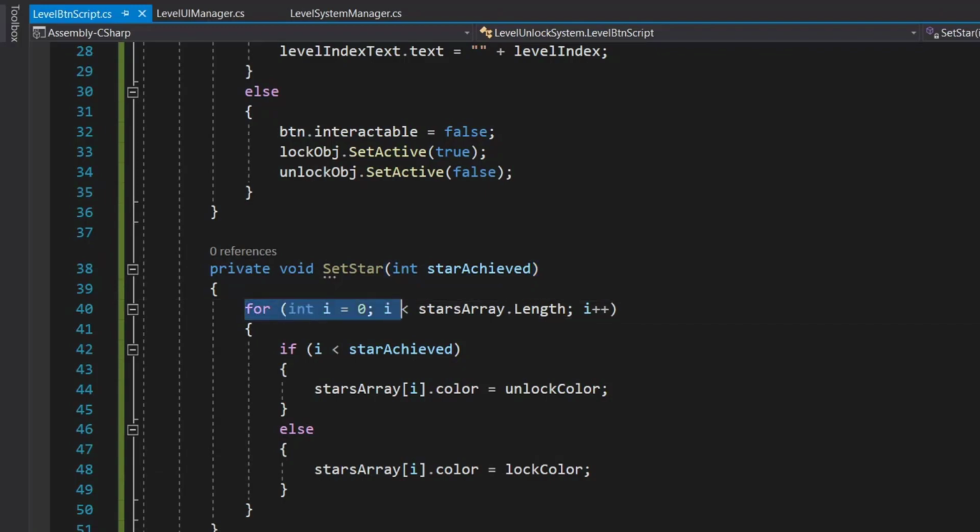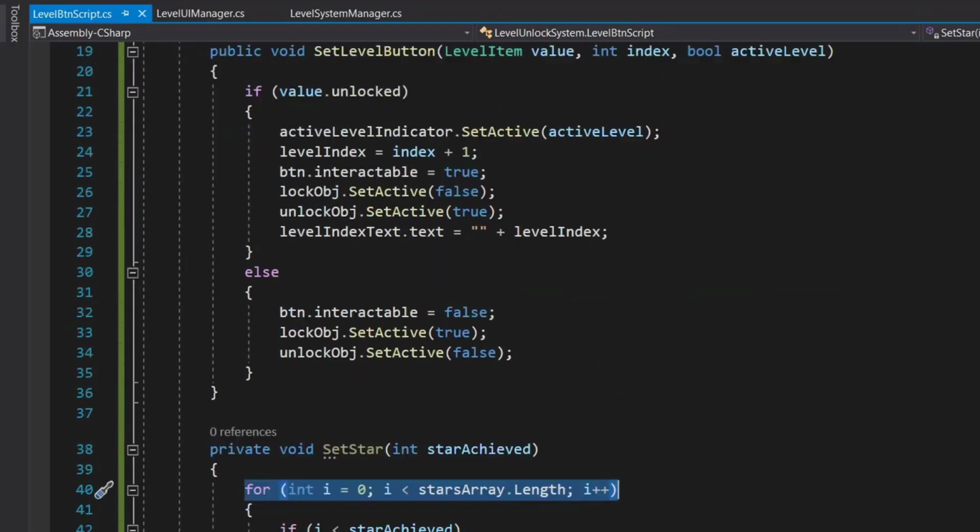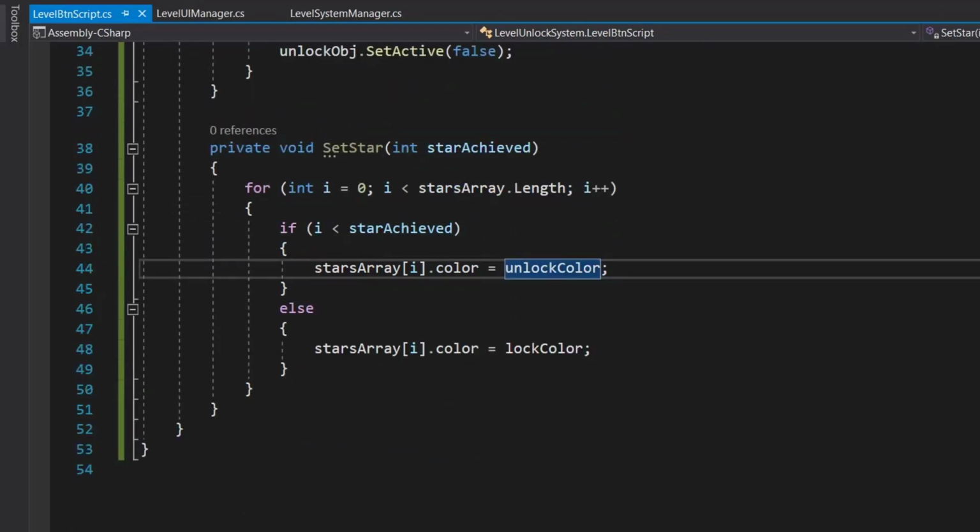Now we will loop through all our stars. So however many stars we have in this array, we will loop through all of them. Here we'll check if our i is less than star achieve.